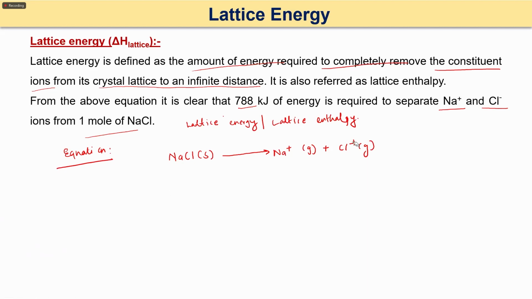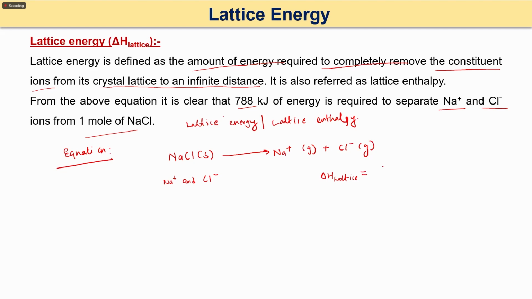What we are doing is removing the constituent ions, which in this case are Na plus and Cl minus ions. We are removing them to an infinite distance, and the energy required or the change in energy will be called the lattice energy or lattice enthalpy,